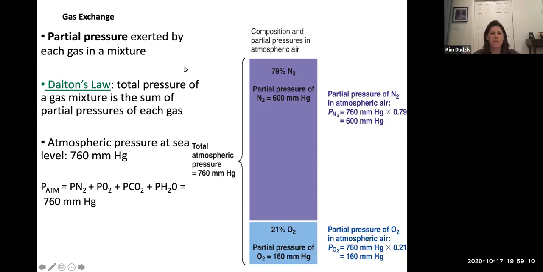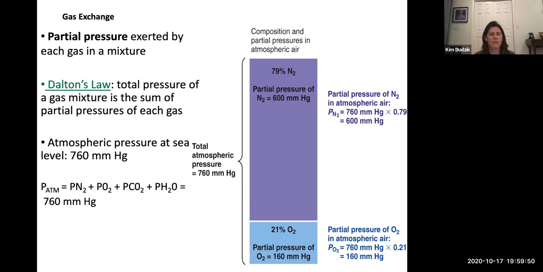So what do I mean by partial pressure gradients? Well, we talked about already how gases move from the area of high pressure to low, and we saw that gases create a pressure because the molecules are bouncing off of each other. Well, partial pressure refers to the individual gases in that mixture. Each individual gas exerts its own pressure, and so the gas will then move based on its own pressure gradient. That's how oxygen can move from the lungs into the blood, and CO2 can move out of the blood into the lungs all at the same time.